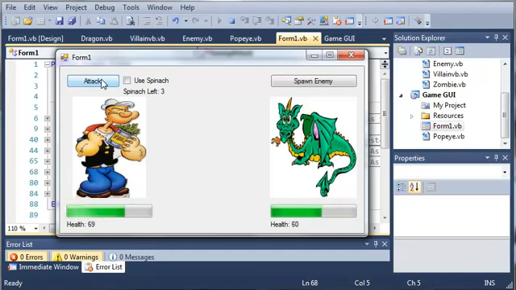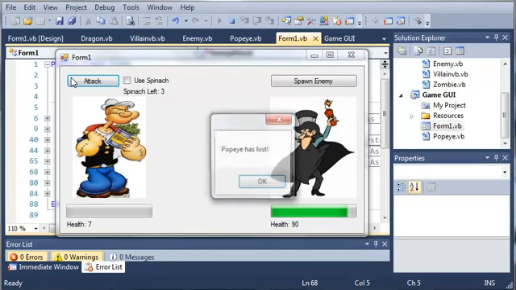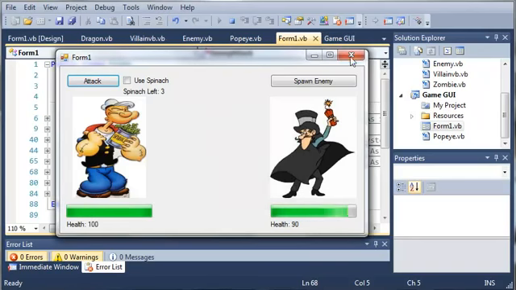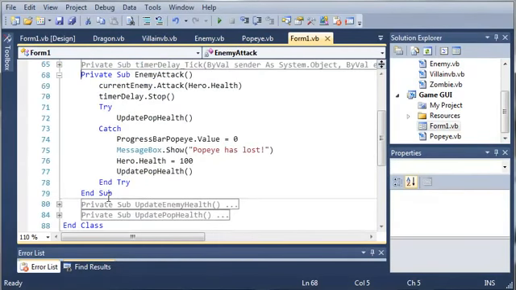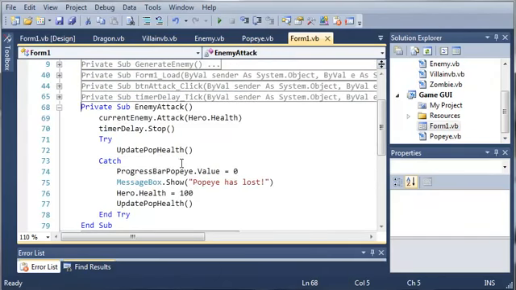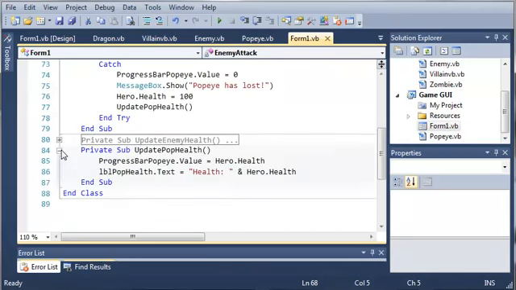But if you remember, if the health gets down to 0, which would technically mean that Popeye is dead, it will not say that he's dead, because the value of a progress bar can be set to 0 without an error occurring. So what we can do is, whenever the enemy attacks, it's going to try to update the Popeye health. So we'll come down here to update Popeye health, and it's going to set the value to the hero.health. And so what we're going to do